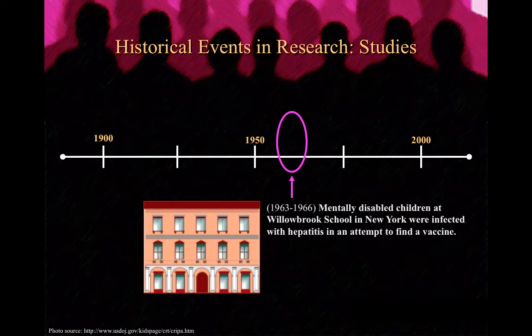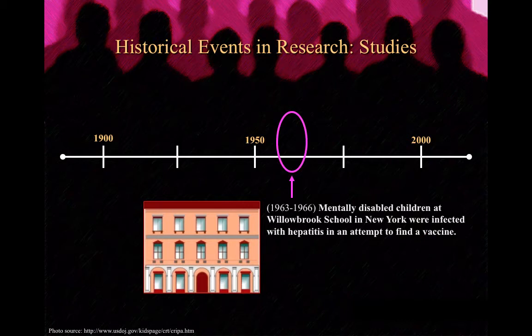Geraldo Rivera, a well-known TV reporter, broke this story early in his career. There was a residential school for severely disabled children, and parents were forced to sign their children up for a hepatitis study if they wanted to enroll their child in this school. Dr. Krugman, a doctor at the school,